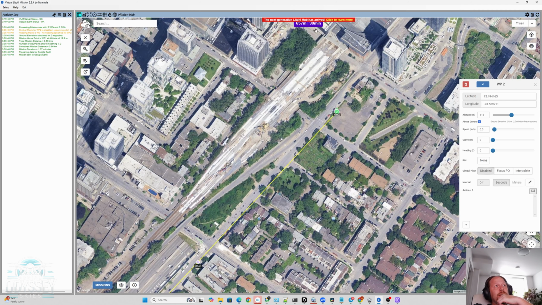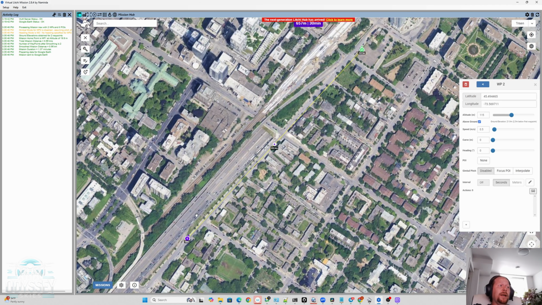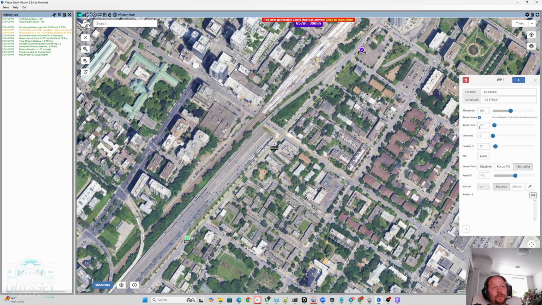And as you can see already, our mission is around 30 minutes, which for the DJI Mini 5 Pro will be on the edge of its battery life. So we will have probably around 3 to 4 minutes left to return it to home. And it's possible, because to return back, it depends on the wind, we'll probably need 1 minute. But just to be safe, I would set the speed to something like 0.7